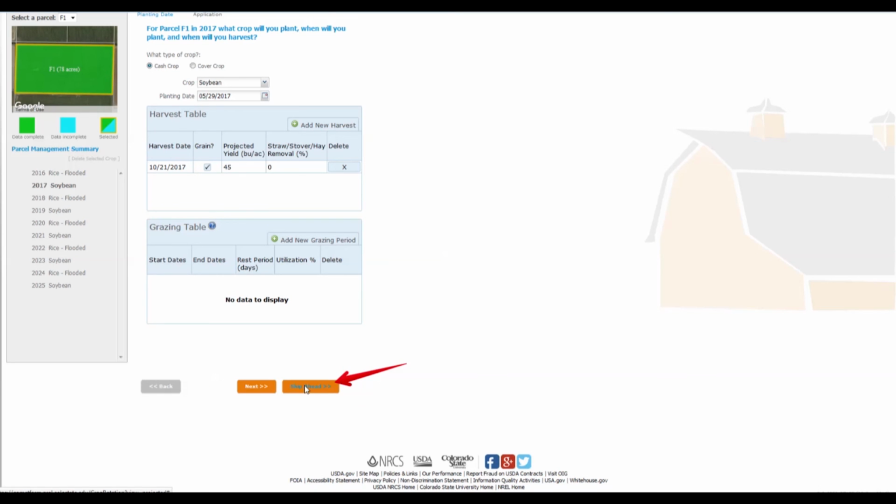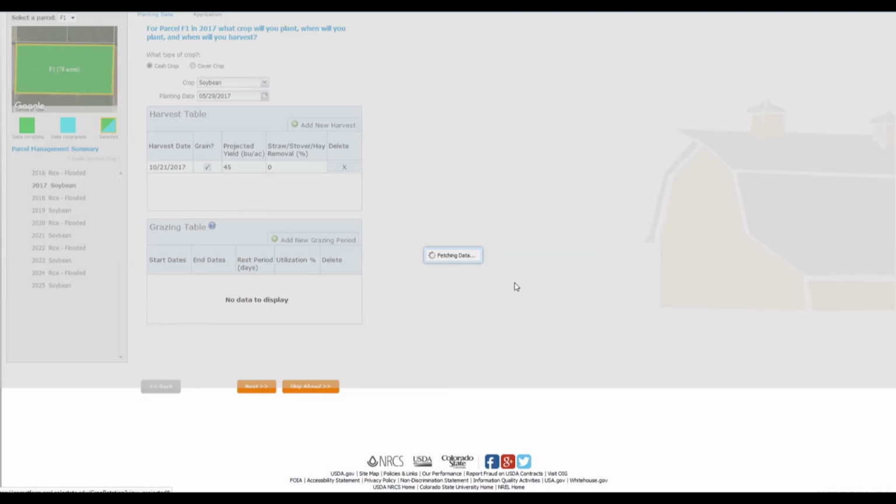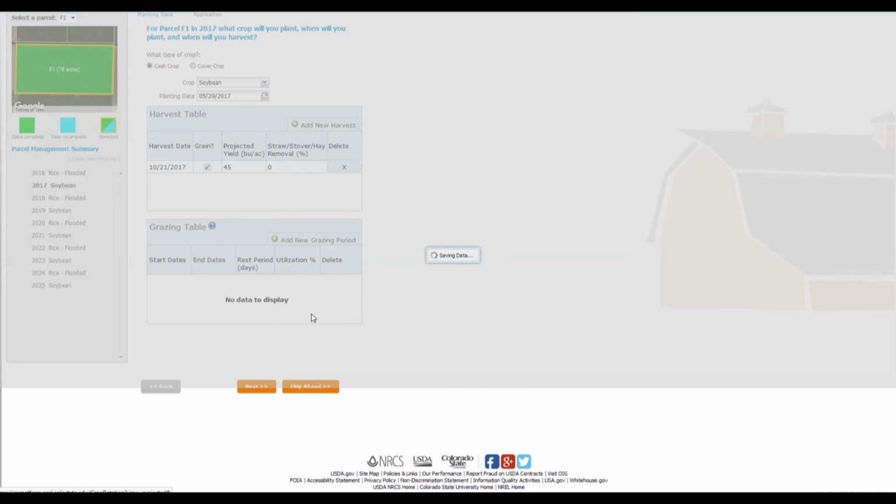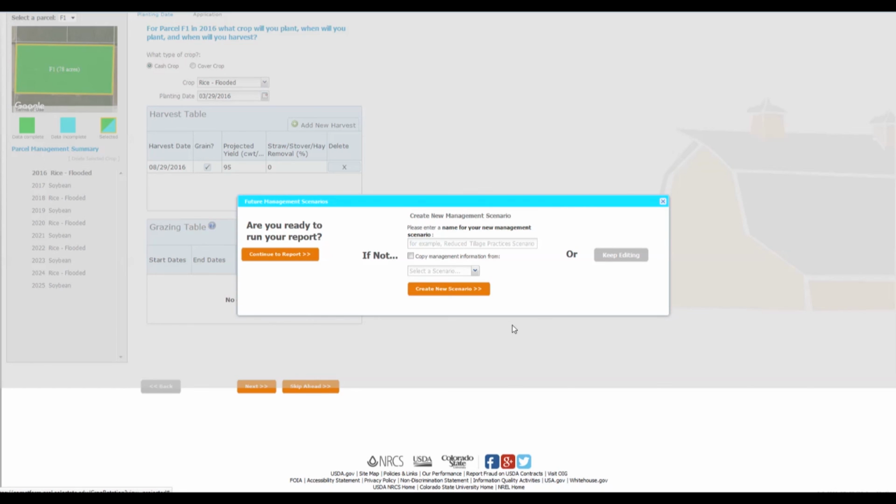Again, we'll select No Thanks because we're not going to copy any crop information. And now you'll have the option to add future scenarios by clicking on Copy Management Information From, selecting the scenario from the drop-down menu. You can select either from the baseline or any completed future scenario. And then you can enter in a name for your new management practice. So if you'd like to add management practices to the demonstration project, you can do that. But what we're going to go ahead and do now is click on Continue to a Report